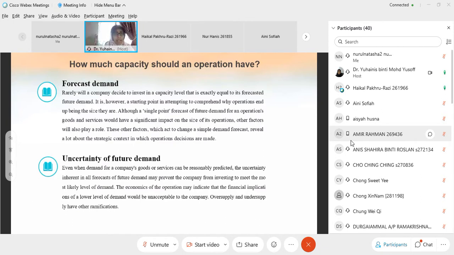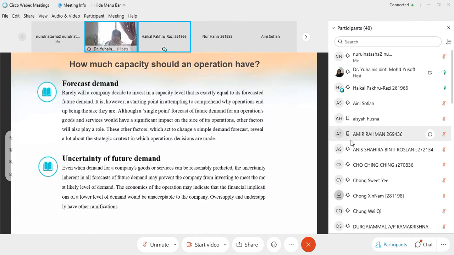Okay, next one, uncertainty of future demand. Uncertainty of future demands is when demand for a company good or service can be reasonably predicted. The uncertainty inherent in